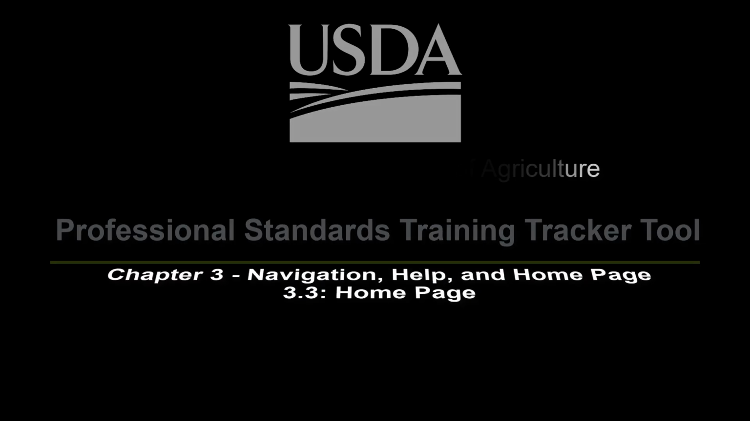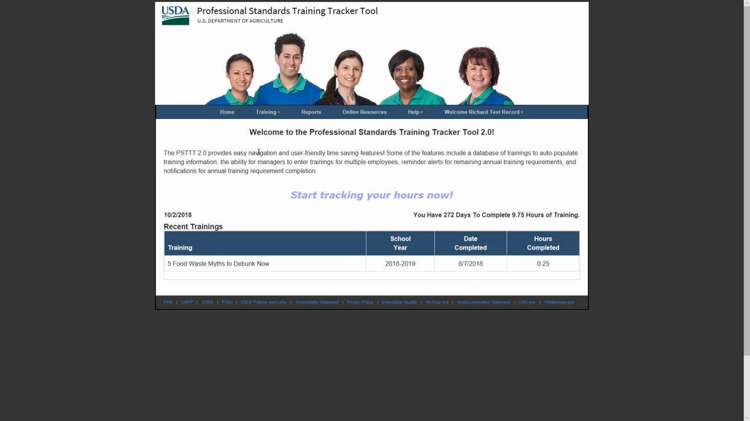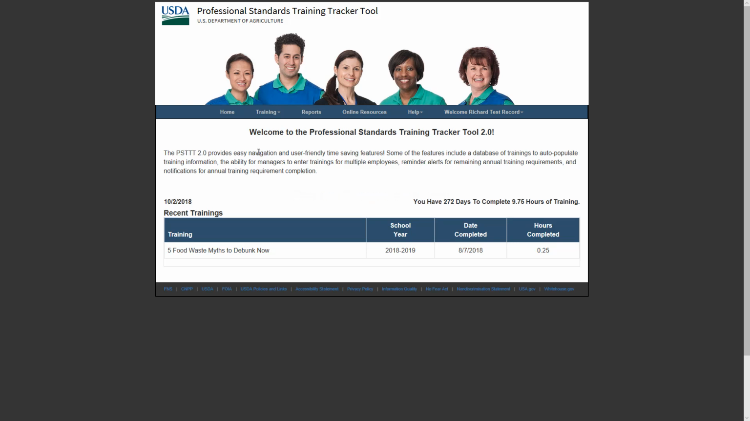Homepage. The Professional Standards Training Tracker tool homepage is your personal training dashboard and is displayed when you log into the Training Tracker tool and also when you click the Home menu link. The top of the page gives a very brief summary of what the site does. In the center of the screen